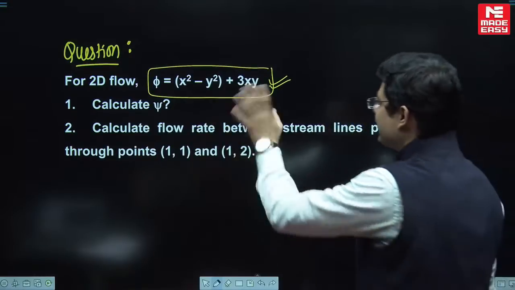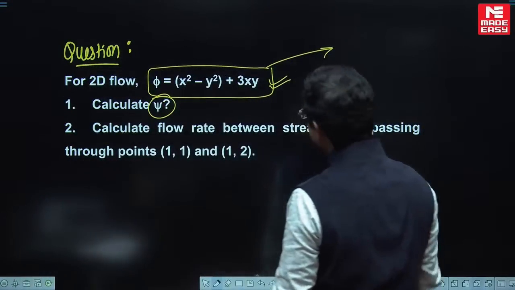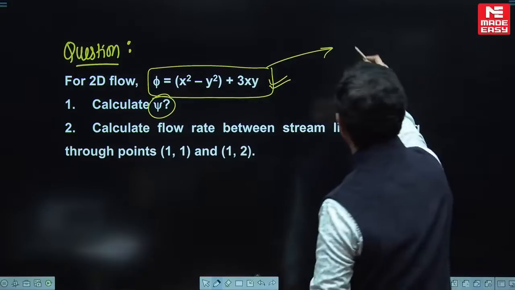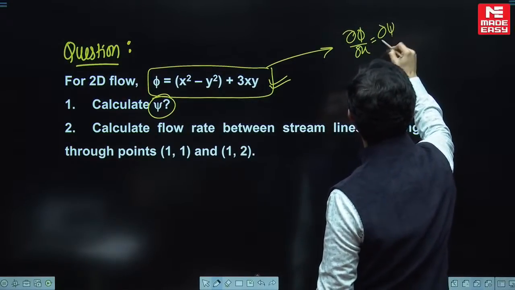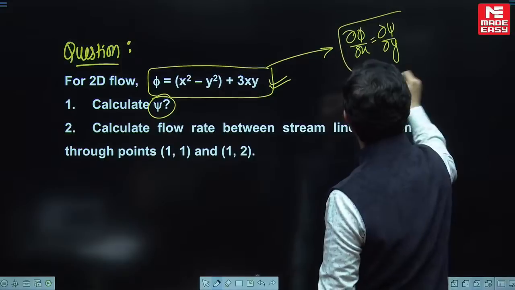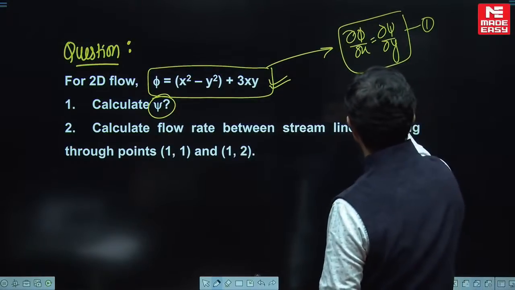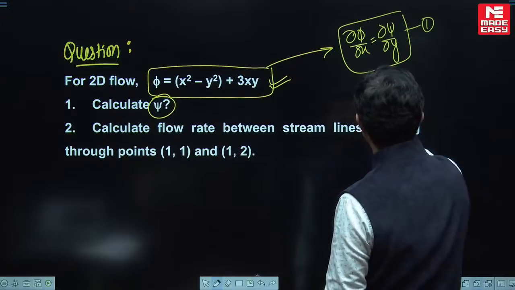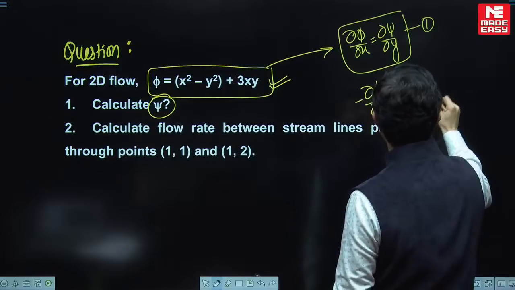फाई का वैल्यू दे रखा है, आपसे साई का वैल्यू पूछ रहा है, मैं आंसर्स आपको बता दूंगा। वी विल यूज द कॉशे-रीमान इक्वेशन। व्हाट इज द कॉशे-रीमान इक्वेशन, डेल फाई बाय डेल एक्स इज इक्वल टू डेल साई बाय डेल वाई। दिस इज द फर्स्ट कॉशे-रीमान इक्वेशन। सेकेंड कॉशे-रीमान इक्वेशन, माइनस ऑफ डेल फाई बाय डेल वाई इज इक्वल टू डेल साई बाय डेल एक्स।